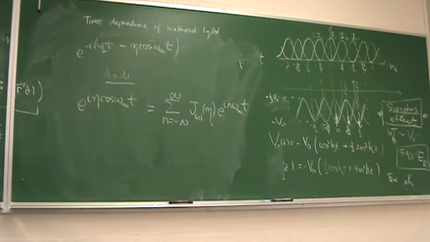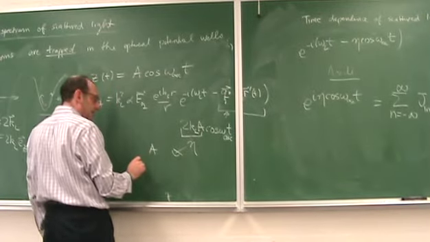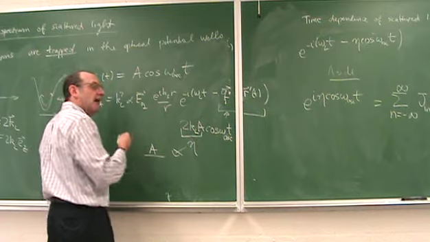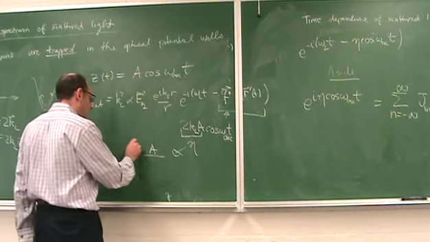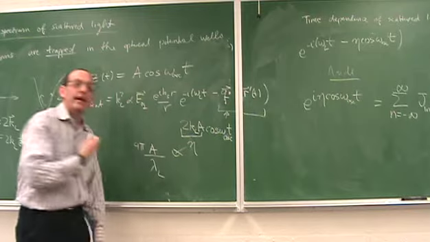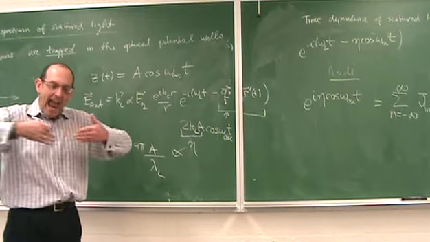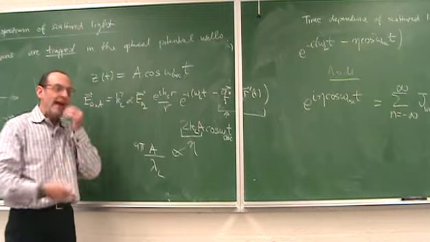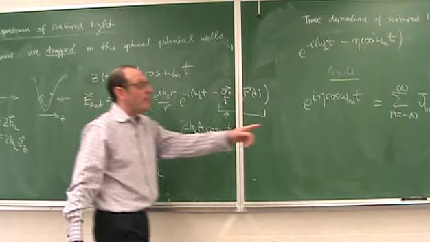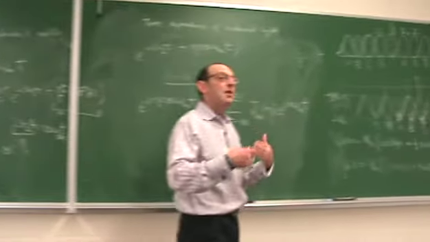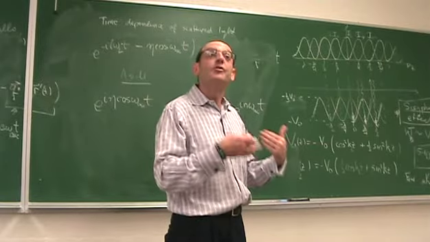Because this factor eta here is the amplitude of the oscillation times k, where k is 2 pi over lambda, so this is 4 pi over lambda, the lambda of the laser. So the amplitude of the oscillation relative to the wavelength is an important parameter that tells me something about how much light is scattered into those other